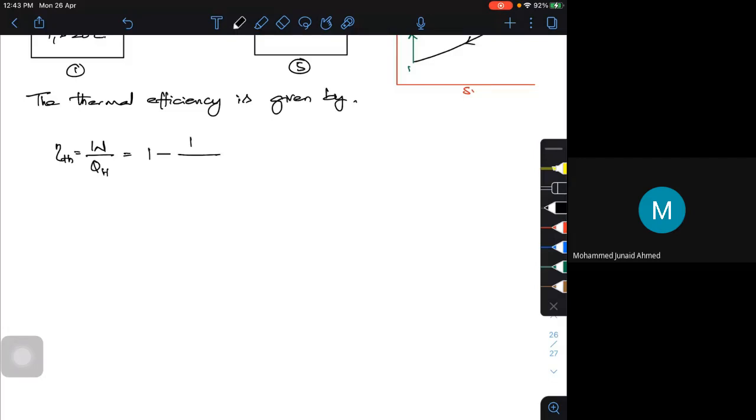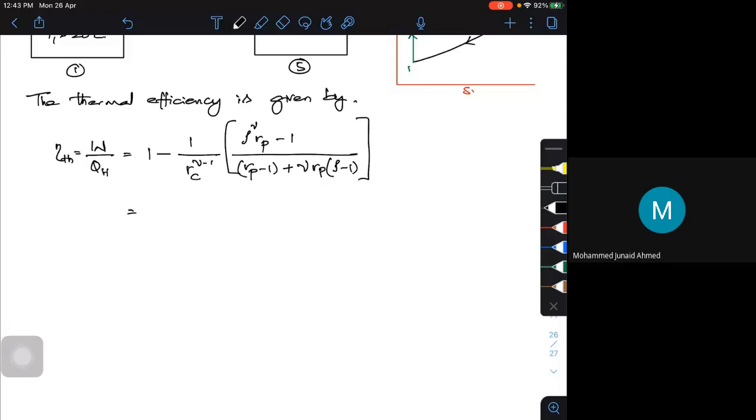by RC to the power of gamma minus 1, into rho to the power of gamma RP minus 1 divided by RP minus 1 plus gamma into RP into rho minus 1. This is the formula we have already derived, so we are going to use this particular formula. Now every value is there in the problem statement.